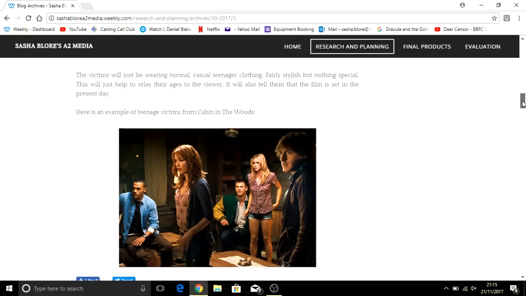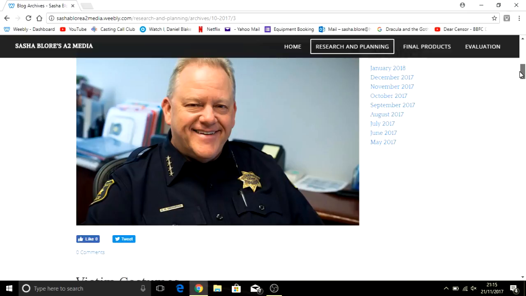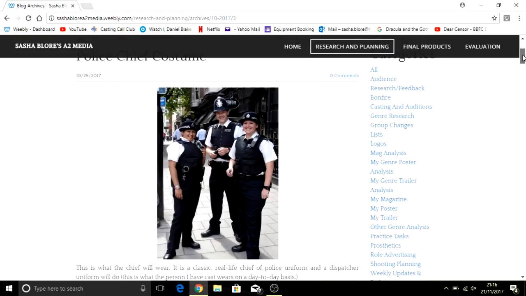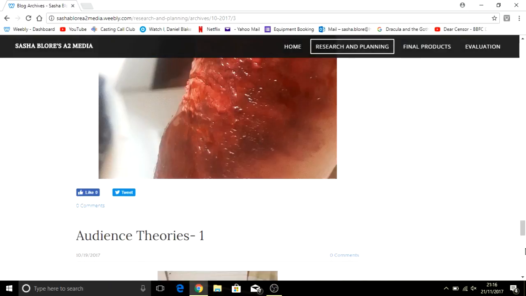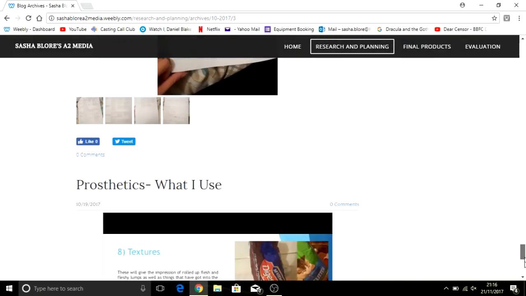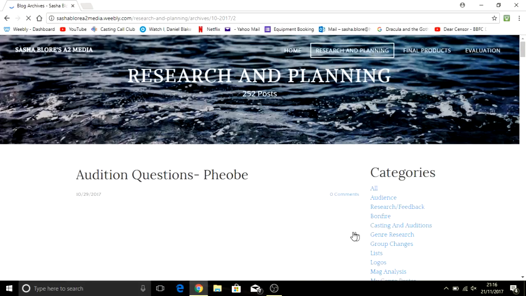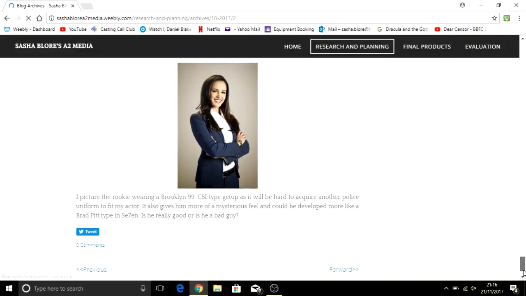The victims, just sort of teenagerish clothes, that sort of thing, nothing too bad. Chief clothes, just general uniforms, police uniforms, whatever they have. Honestly, I think it'll look authentic whether they wear full-on proper chief clothes or not, because I don't think many people actually know what a chief of police looks like, so that's good. That backs me up a little bit there.